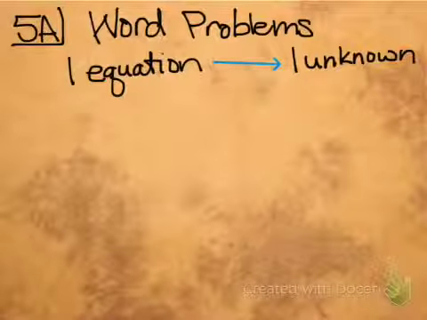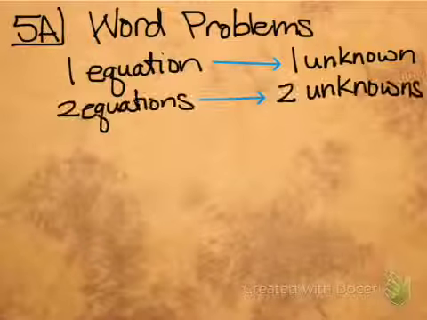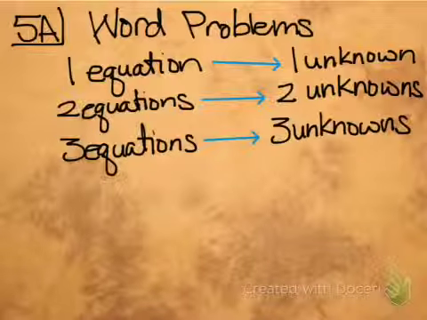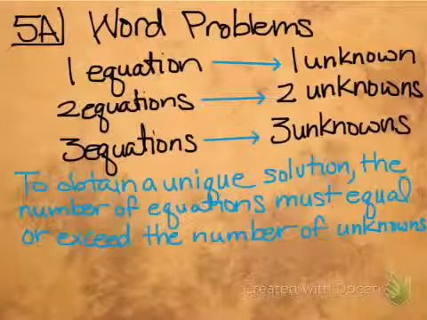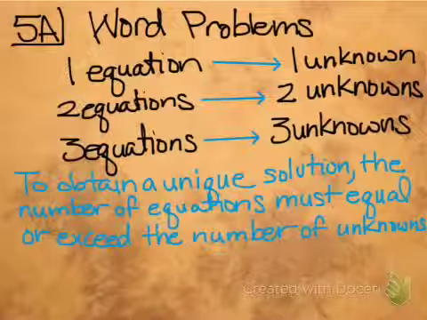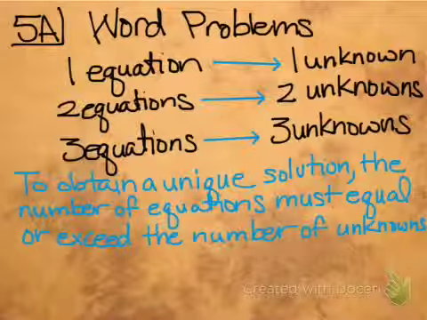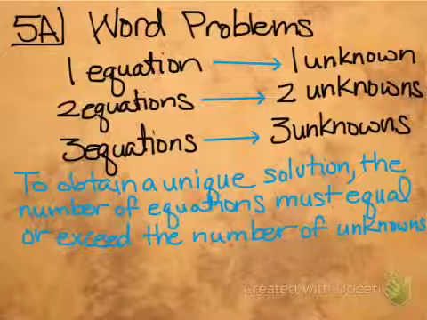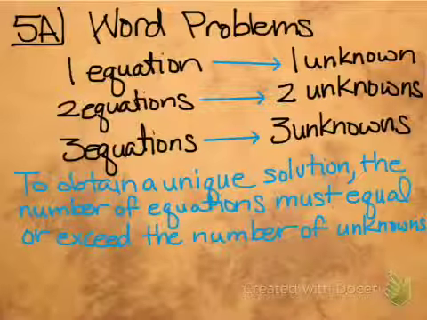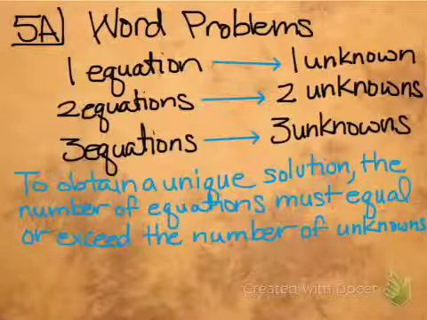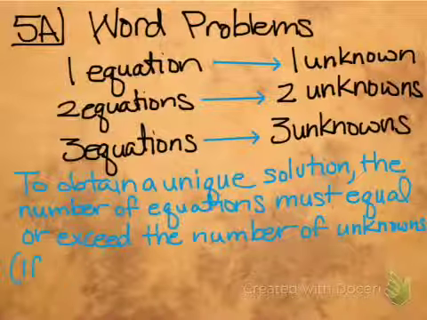When you have word problems, this is a key thing to keep in mind. If you have one equation and one unknown, then it is solvable. If you have two equations, then you should have two unknowns. Three equations, three unknowns, and so on. To obtain a unique solution, the number of equations has to equal or exceed the number of unknowns. Ideally, you should have the exact same number of equations as unknowns, because